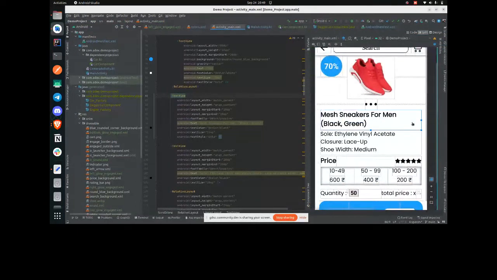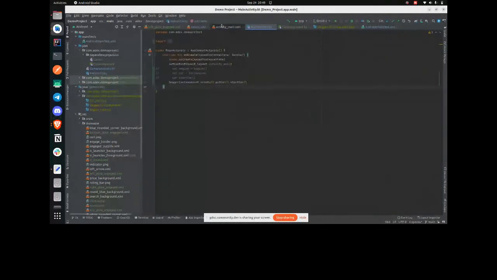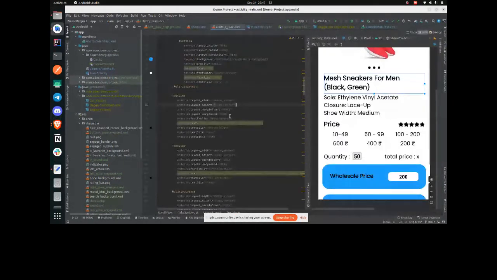So let's say here I need to make a text view. Text view is where we can show the text. So here I am making the text view. Here I have to define how it should look like, how its size should be, how much bold it should be, and I have to make it static. Then after that I can start putting data from the logical part. So here I have to make it separate. But